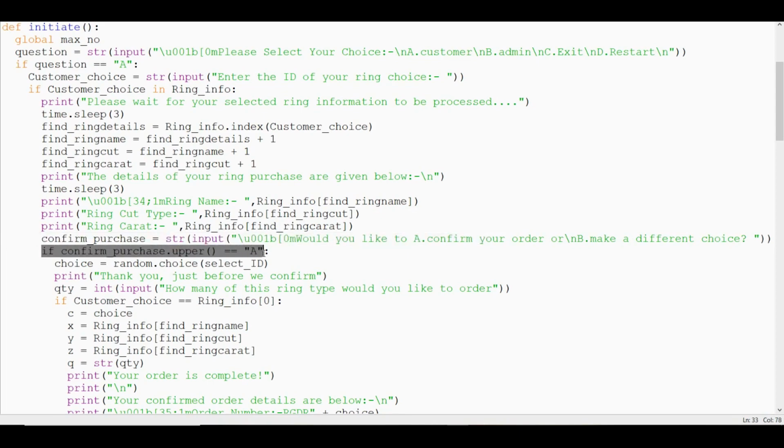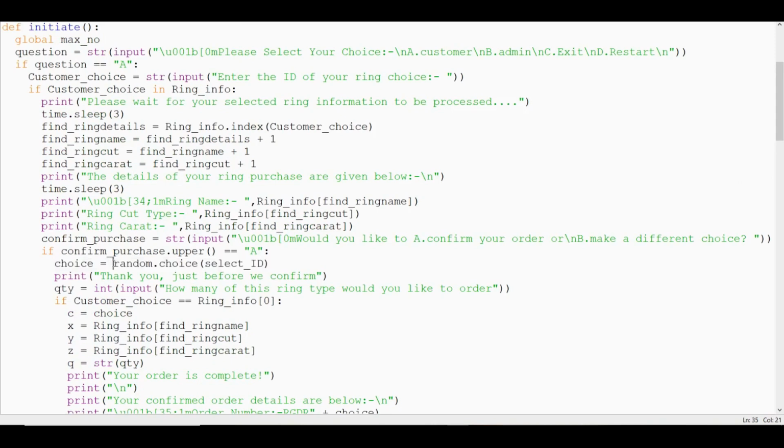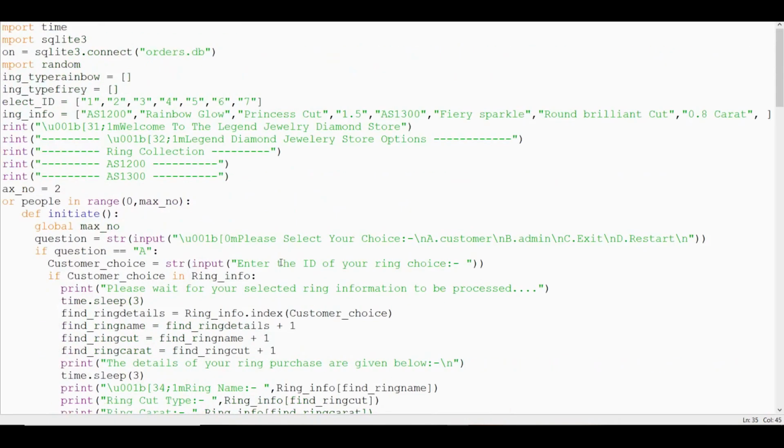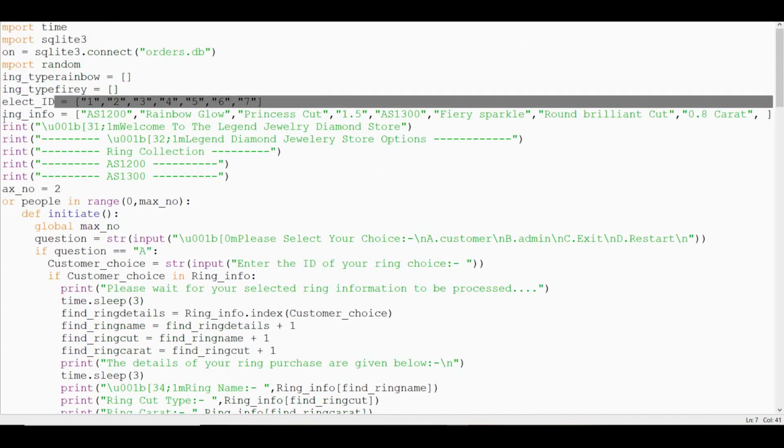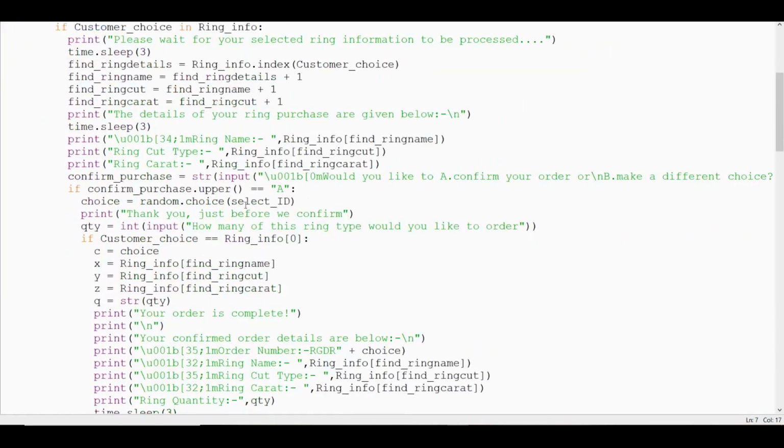However, if they decide to confirm their order, then this choice variable, random choice, is just going to randomly generate an order ID, which, if you remember, we used with the baguette, where the compiler randomly selects something from, in this case, my select ID list. The program is just going to randomly select any number from this list, which I have saved as a string. But I have also added that to this